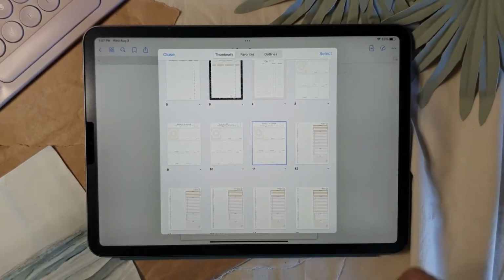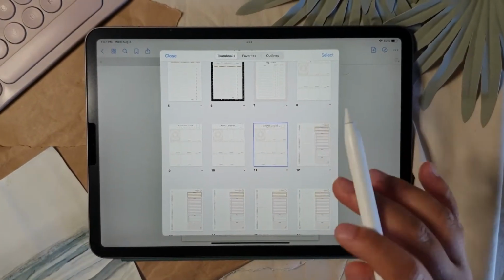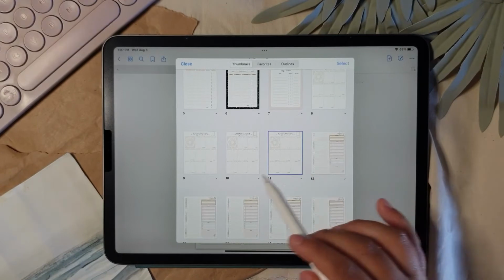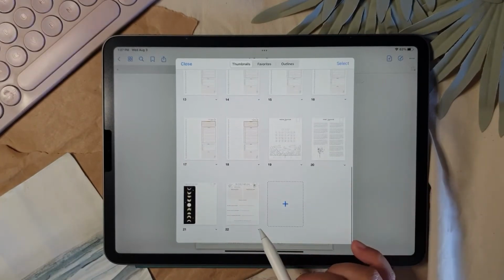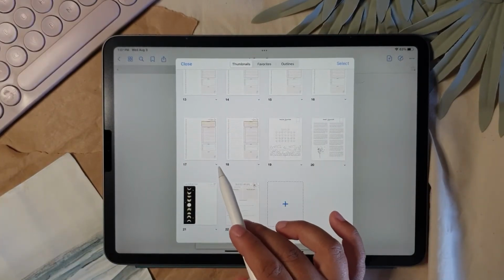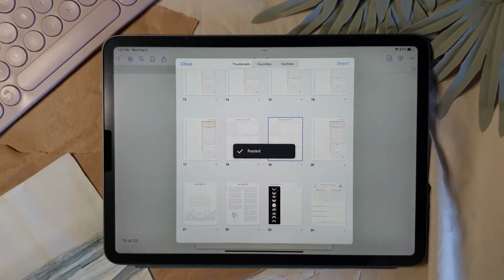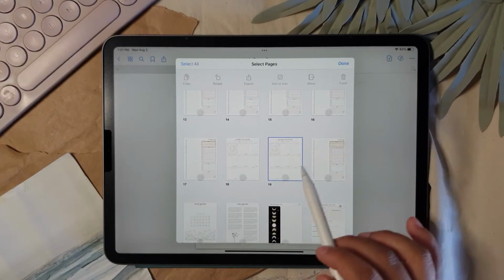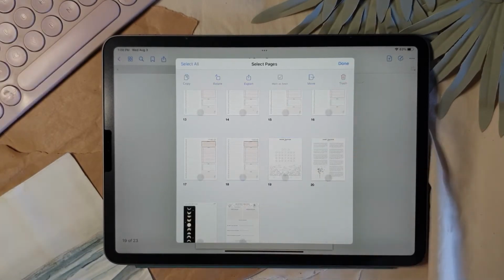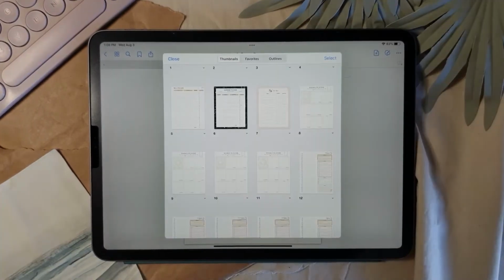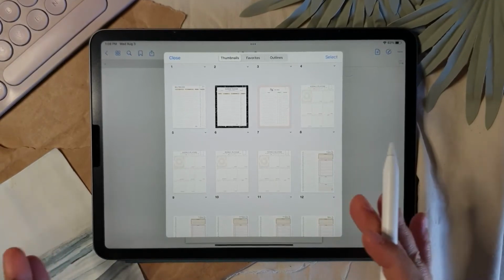You can paste the pages anywhere you want in Goodnotes. Doesn't have to be right next to it. You can paste it here or maybe here. I'm gonna delete those. If you want to copy and paste pages outside of this menu,